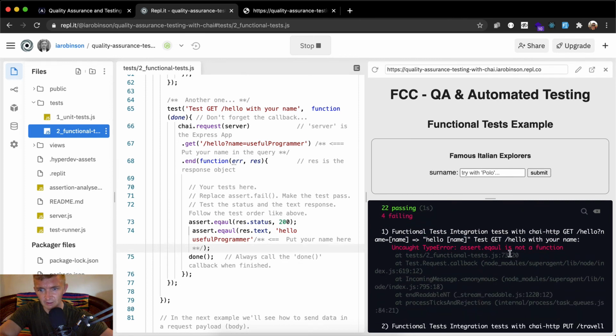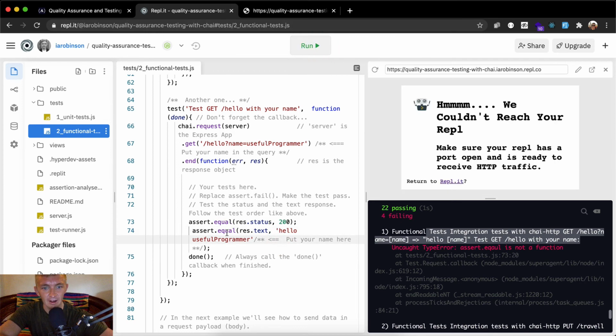It says our functional test on line 73. Functional test, integration test with Chai HTTP. Hello name, test get hello with your name. Assert equal, EQUAL. Okay. That's great. EQUAL. Okay. That's going to be our thing. I just had a typo there. So now if I run this,